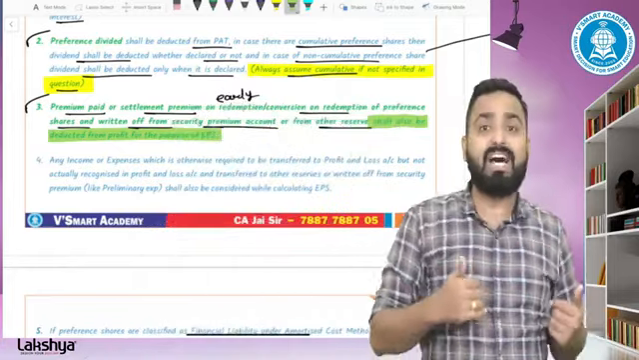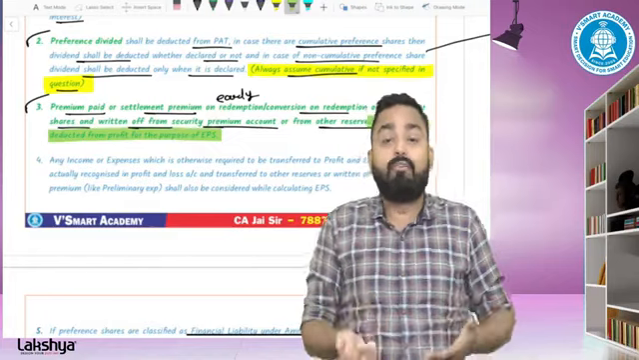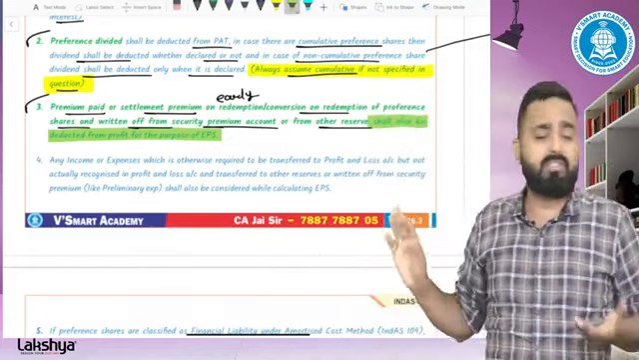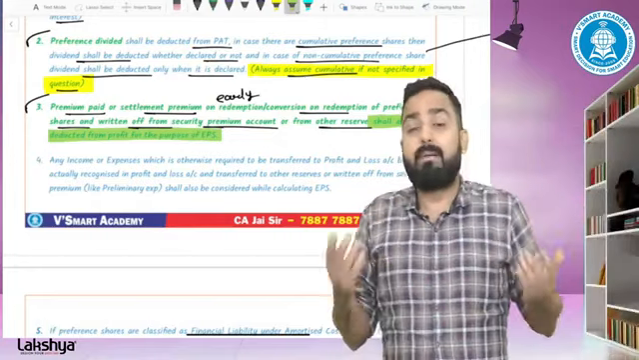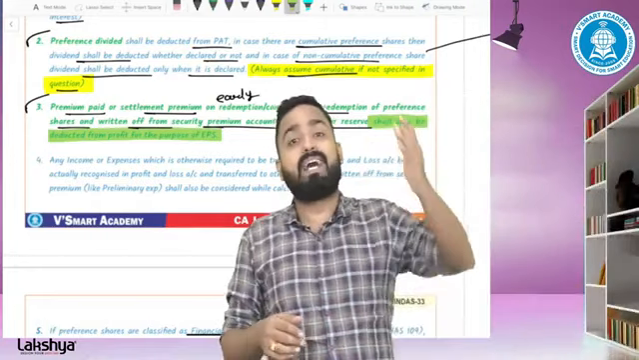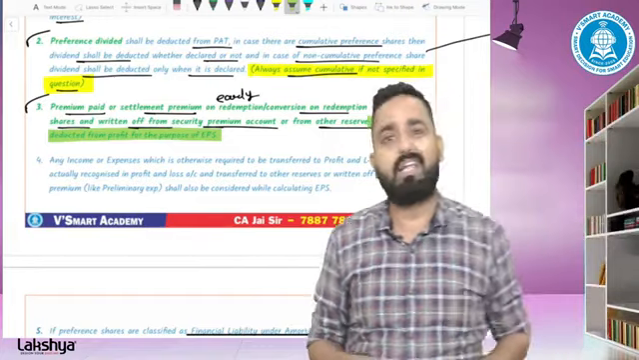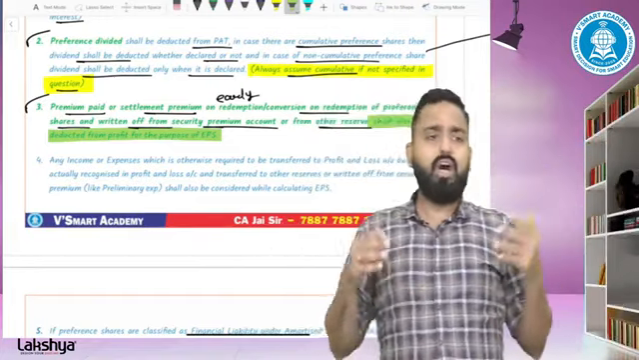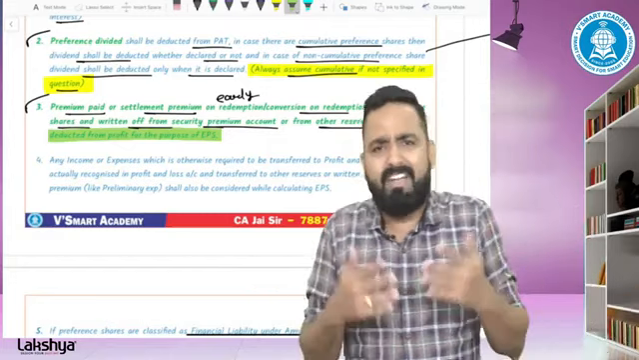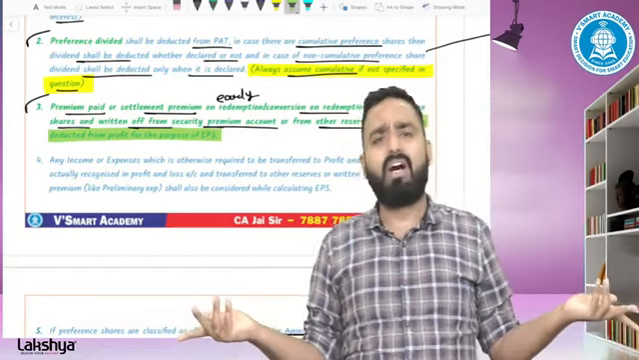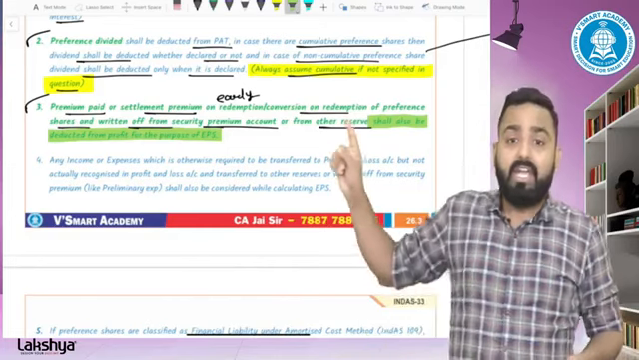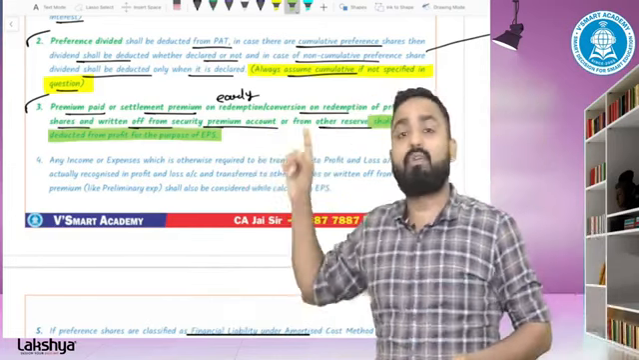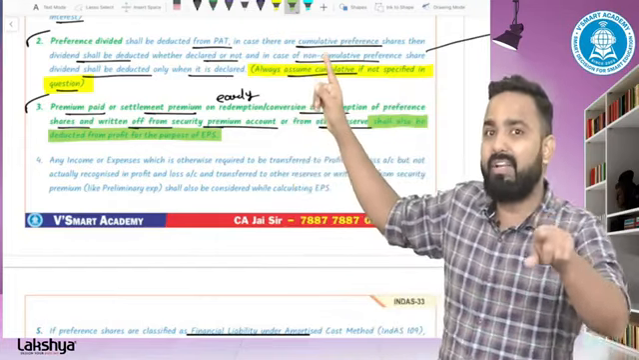Some companies may write off the premium from their securities premium account, not debiting it to the profit and loss separately. Some companies may write off the premium directly from retained earnings, opening retained earnings. Some may write off the premium from other reserves. So for every company there may be different treatments. Ind AS 33 says that for calculating the numerator, that is the profit, the earning attributable to shareholders,